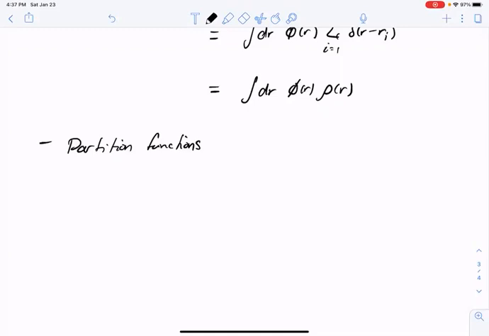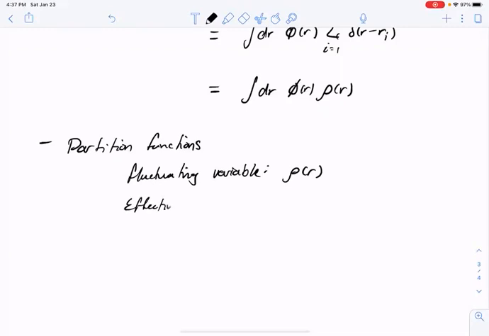So in this case, our fluctuating dynamical variable is the density field. We have an effective Hamiltonian